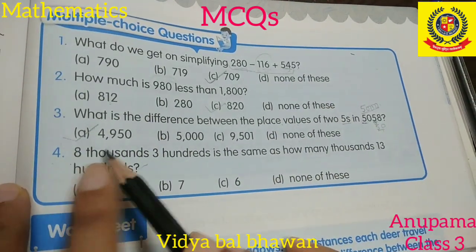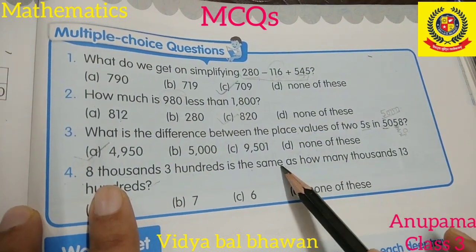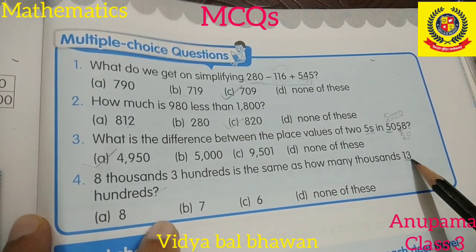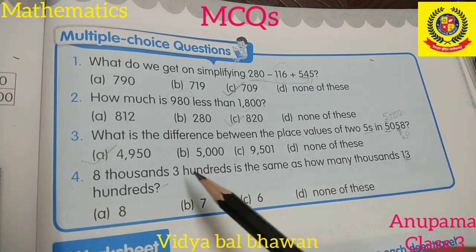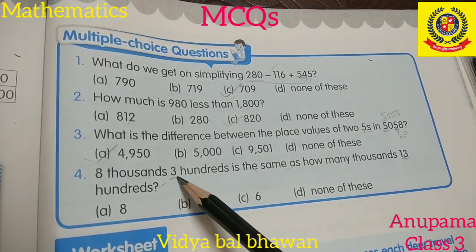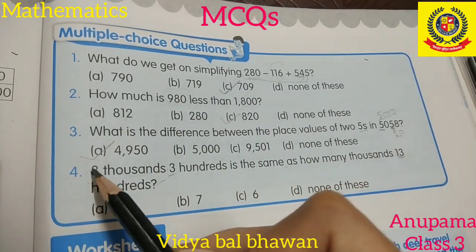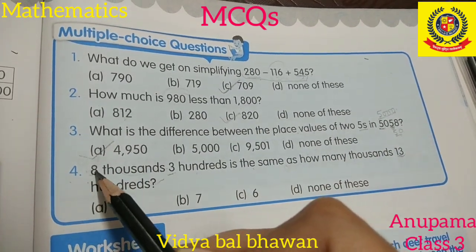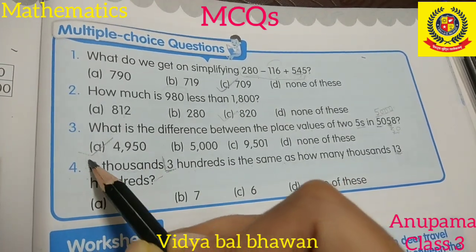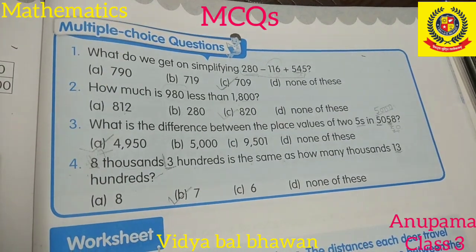Now fourth question is 8300 is the same as how many thousand? 1300. Okay, so we have given 1300 and after giving 1 here, it will become 1300. So what is left here? 7. Yes. When 8000 is here, when it gives 1 to here, so it will become 1300 and here is 7 left. So answer is 7000. Okay.